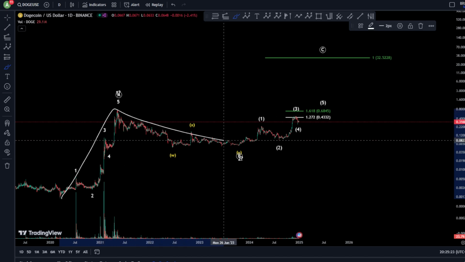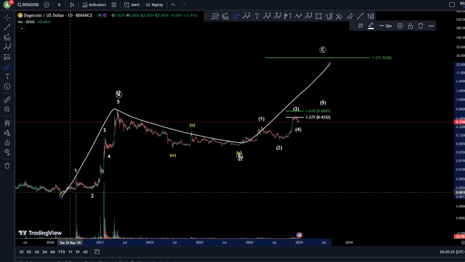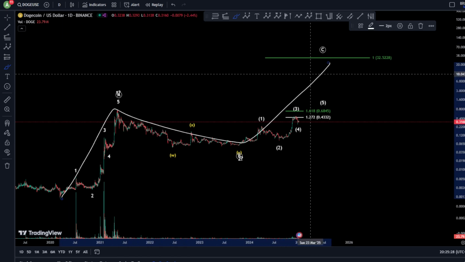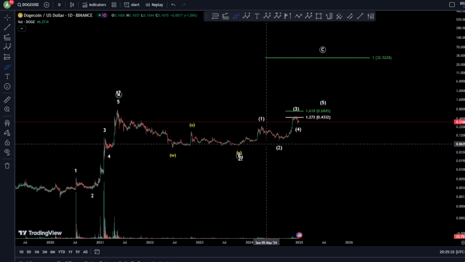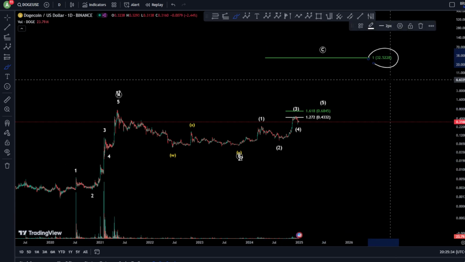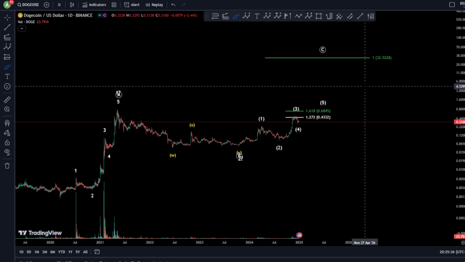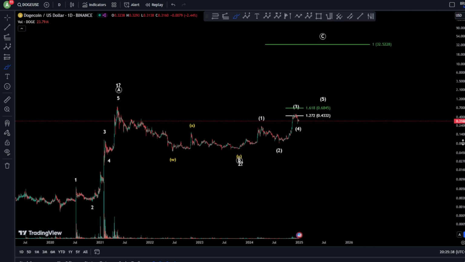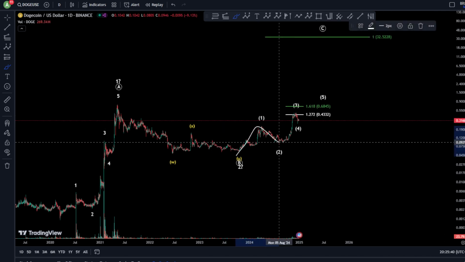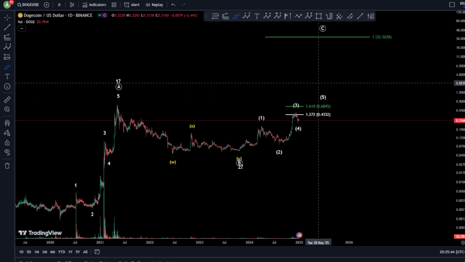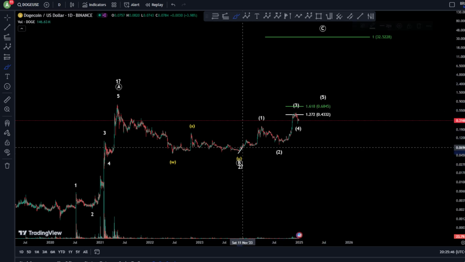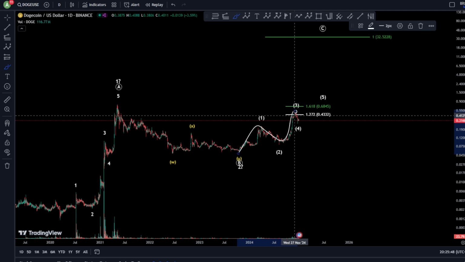As we can see, this wave C has to be the same amount in price as this wave A. In that case scenario, we might reach, of course, $32.5 for a Dogecoin in a wave C, which should be an impulse towards the upside as 1, 2, 3, 4, 5 probably. Now, as we can see, this 1, 2, 3 right now did not reach, of course,